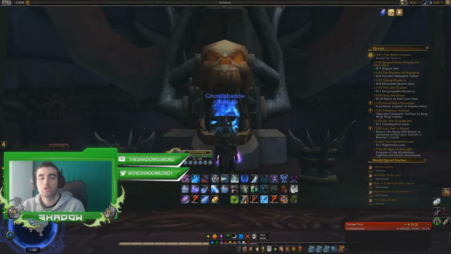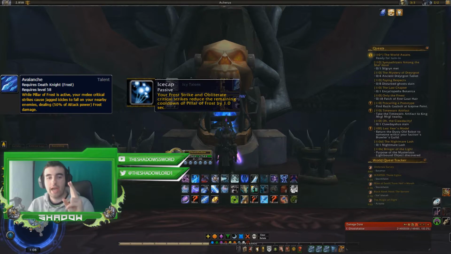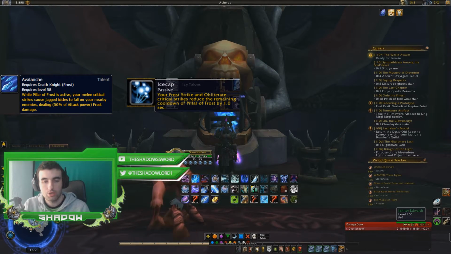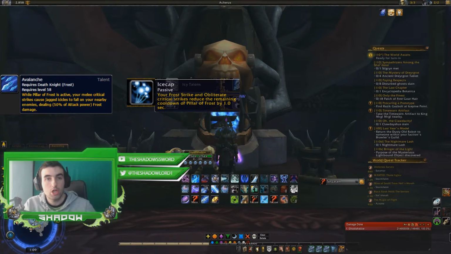Moving on to the level 58 talents. On this talent tier, there's mainly 2 different talents you're going to be choosing. It's between Avalanche and Icecap. Now, the difference between these is mainly down to your playstyle. Do you want your Pillar of Frost up more of the time, or do you want, when you have your Pillar of Frost up, for it to do a lot more damage than it otherwise would? If you prefer your Pillar of Frost to do more damage, then I would say go with Avalanche. But if you want it to basically go up and down in time and cooldown,